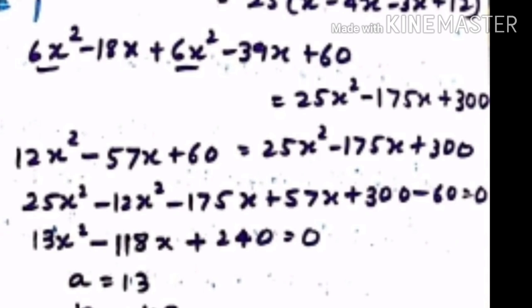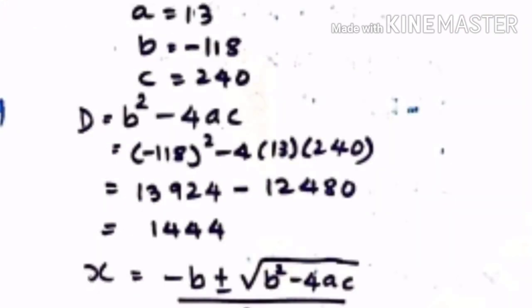and then compare it with our ax square plus bx plus c is equal to 0. We get values a, b and c. So values are a is 13, b is equal to minus 118 and c is equal to 240. Now find b square minus 4ac by placing the value minus 118 square minus 4 into 13 into 240, and then taking calculation. So I get 13,924 minus 12,480 is equal to